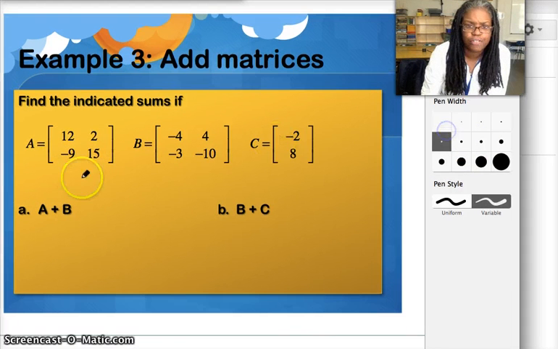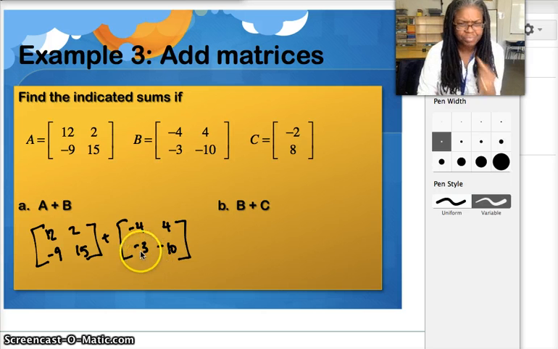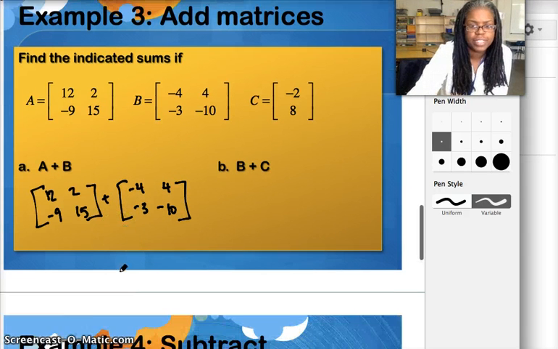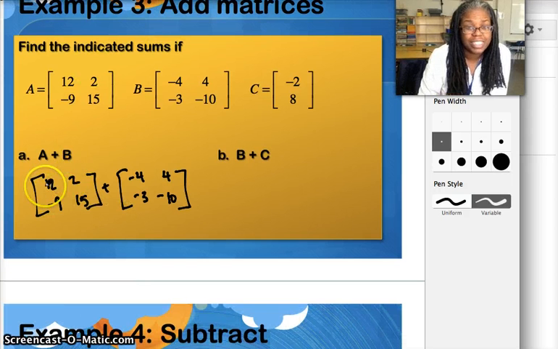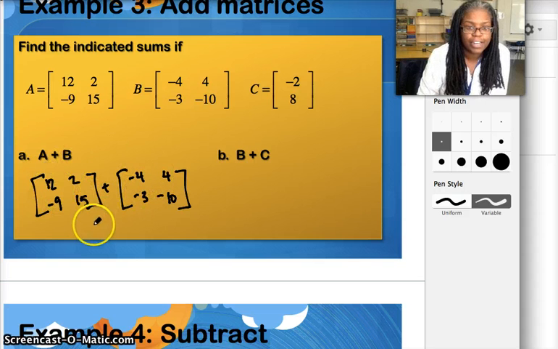Let's name this first one A. A is given as this matrix, B is given as this matrix, and C is given as this matrix. We're asked to add A plus B together. If you notice, A and B both have the same dimensions. And so what I'm going to do, let me do this in red and scroll down a bit, is literally just add element to element as they're in exactly the same place. So 12 plus a -4 would give me a